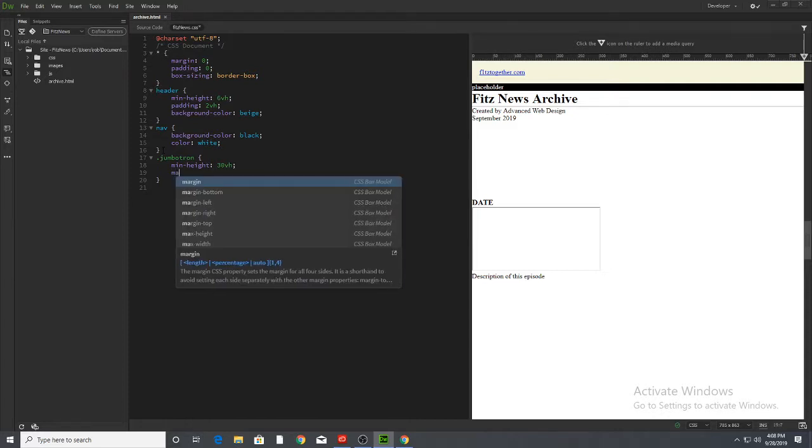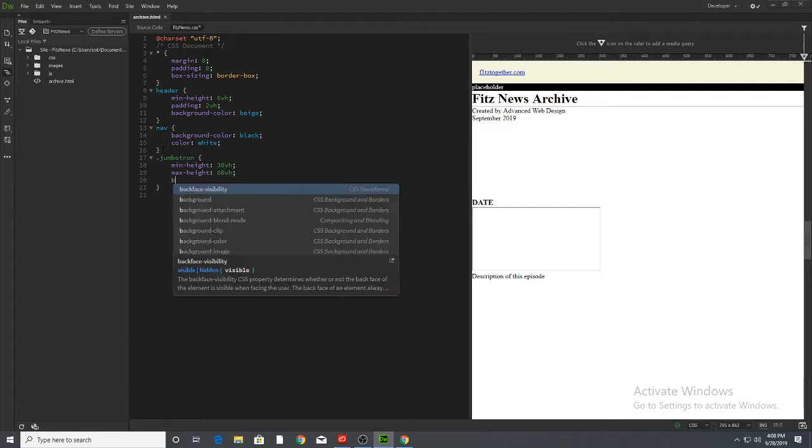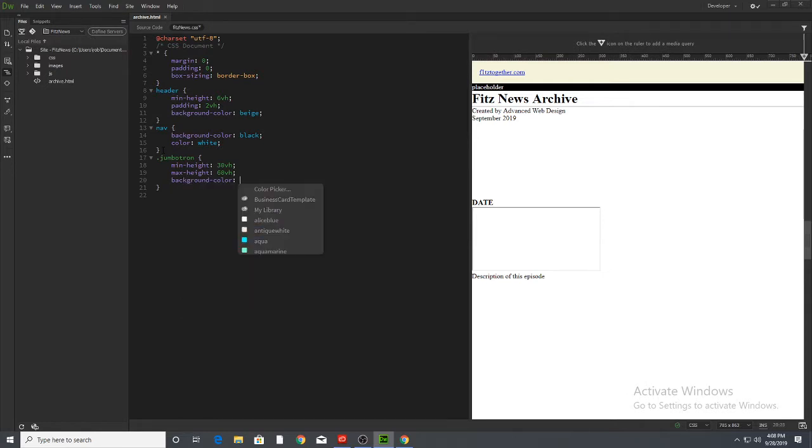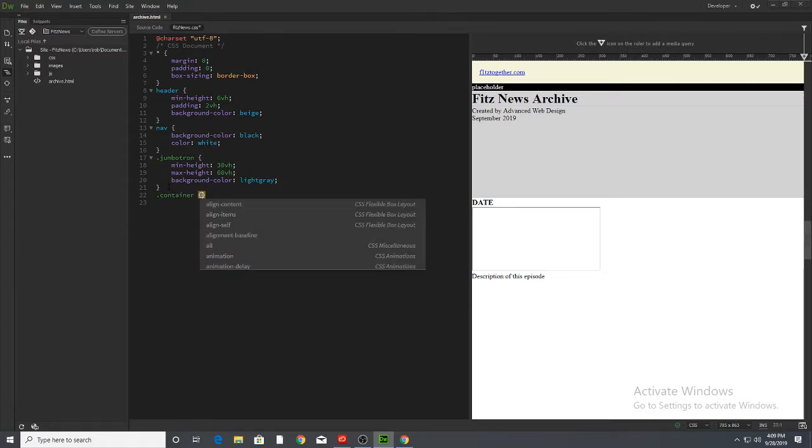and a max height of 60 VH. That way we have a little bit of property, and we'll go ahead and go background color of light gray. So that way we have our little bit of color. So let's go ahead and do container next. So container is going to have a